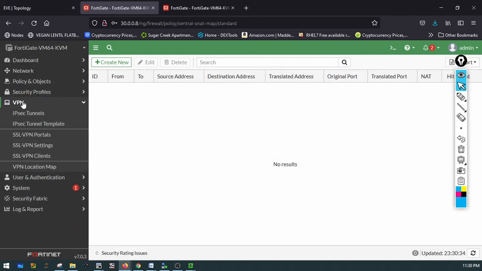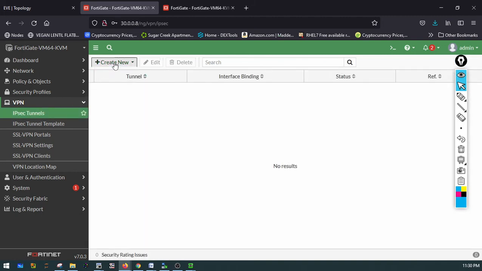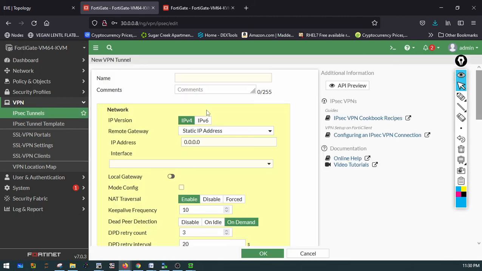Alright, so we'll start with VPN IPsec tunnel. We create the tunnel. This one we call Site B. So this is site B. The version is IPv4 static. The remote is